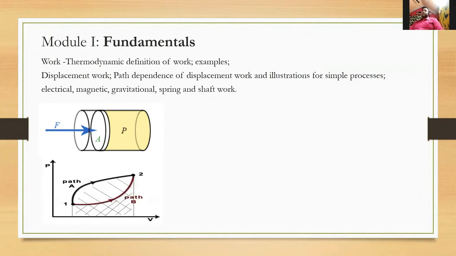And you can see this figure where different paths are shown whenever you are trying to reach from point number 1 to point number 2. So two different paths are there, path A and path B, and of course these two paths have different amounts of work involved. If you go by a straight path, you might have incurred some work, and if you use path B, you might have a different work. If you're working on path A, then you may have a different work altogether. So it's a path dependent thing. I will explore it later.